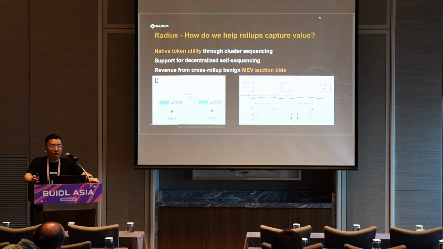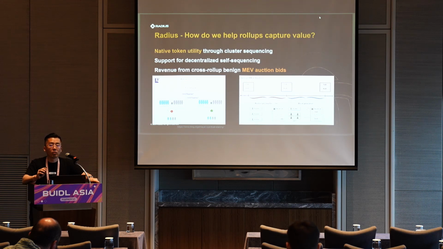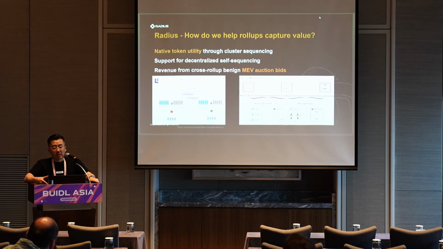So if we want to encourage these layer 2s to adopt a shared sequencing layer, there should be some way to guarantee some amount of profits for these rollups as well. And also this shared sequencing layer needs to generate profits for itself. So how can we do that? First of all,